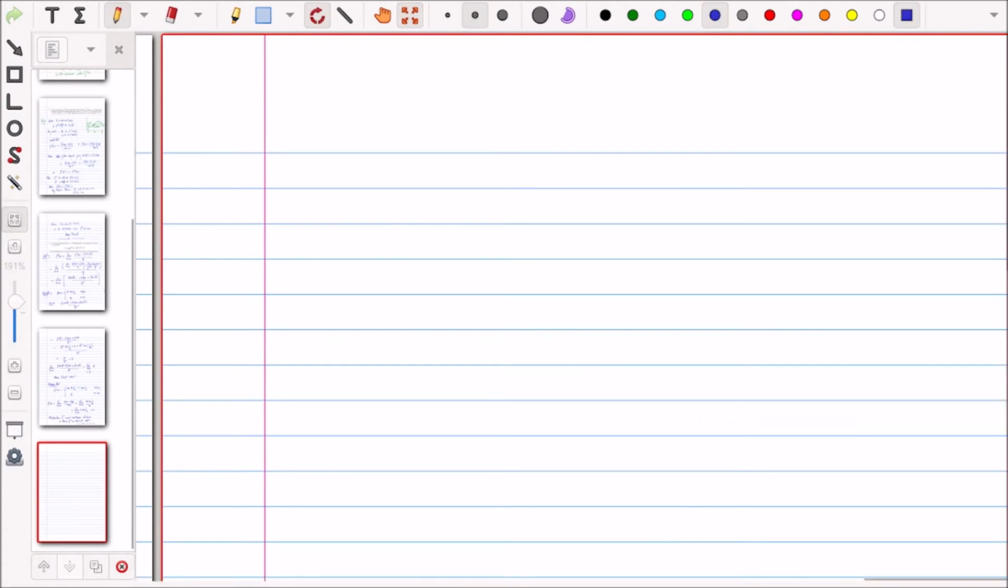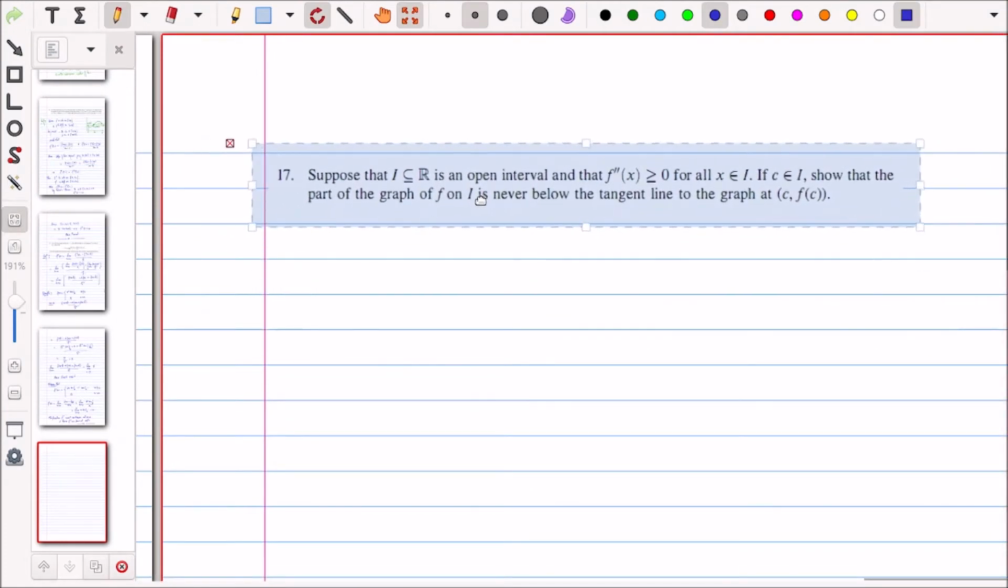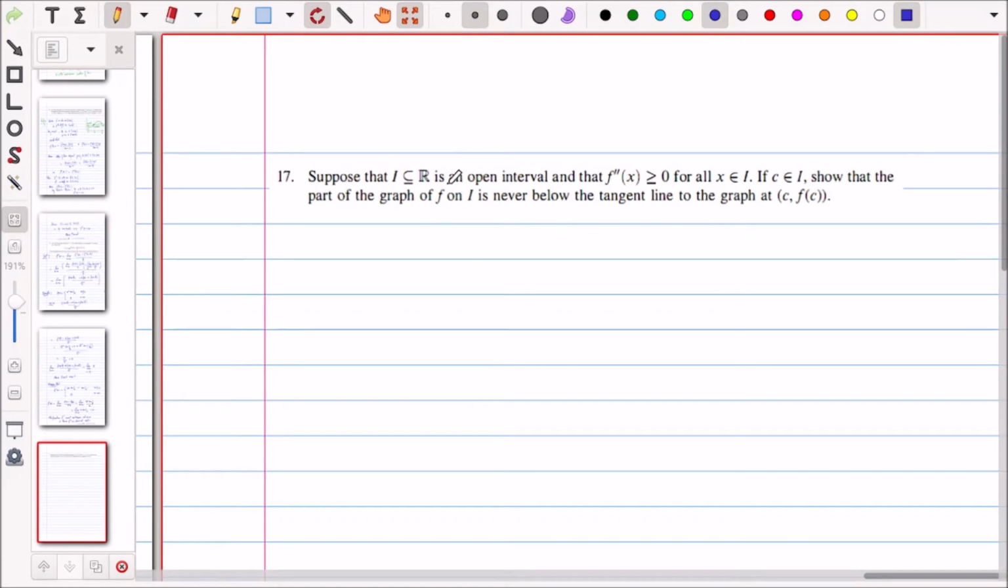Now let us move to question number 17. In question number 17, we are given an open interval I, and we are also given that the double derivative is positive on the open interval I. For any point C belonging to I, we have to show that the part of the graph of f on I is never below the tangent line to the graph at C, f of C. So basically what it means is that